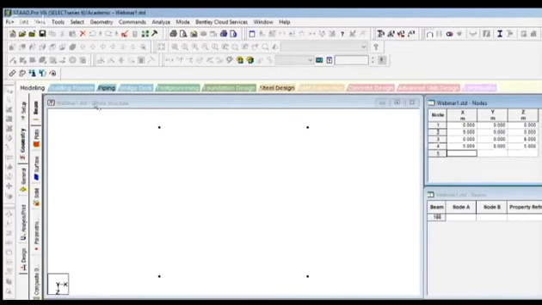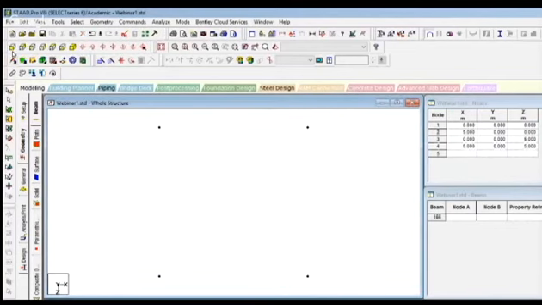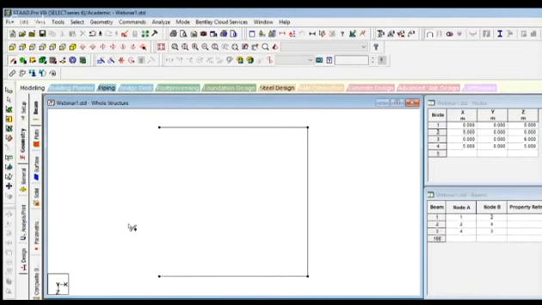Now we'll join these nodes to create a square. So the square is created in XZ plane. Now to create a cube, we can do it in 2 different ways.